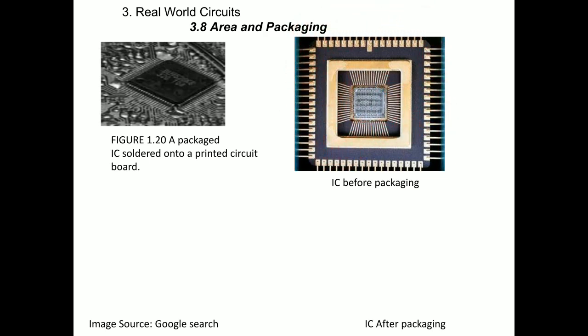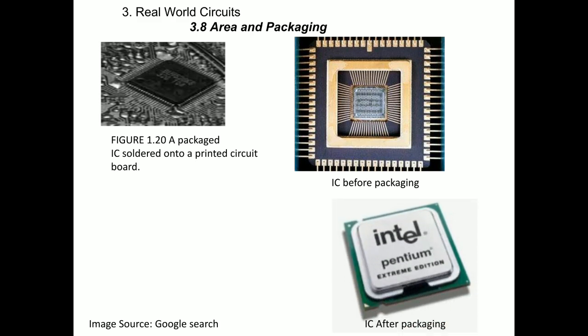In order to protect these ICs from environmental conditions, voltage conditions and other conditions, we need to package them to protect the transistors and their functionality. So you can see, this is taken from Google source image. You can see the packaged ICs. The above one is an IC without package and the below one is after packaging. You can see the transistors and their connections are securely safe inside this package.